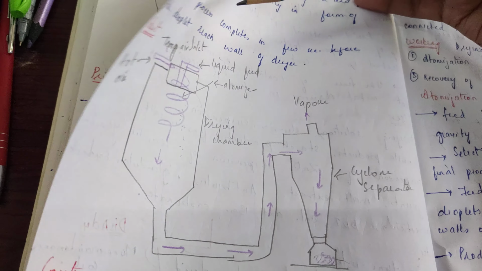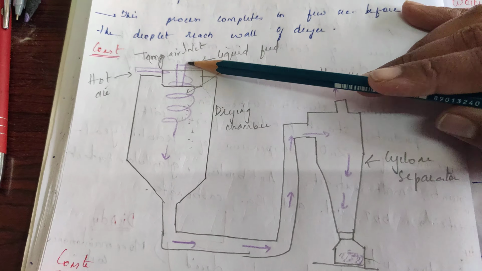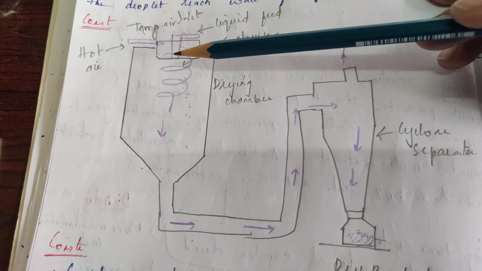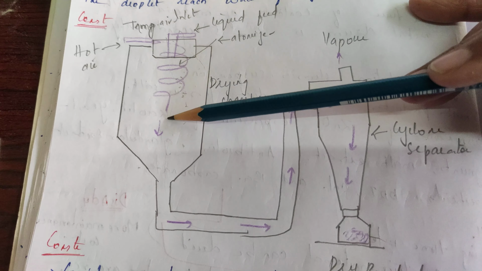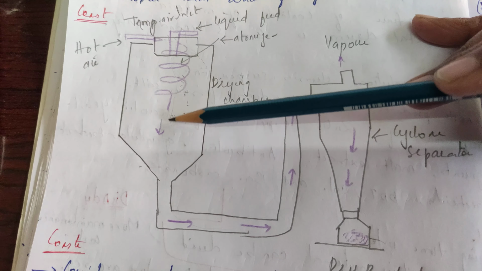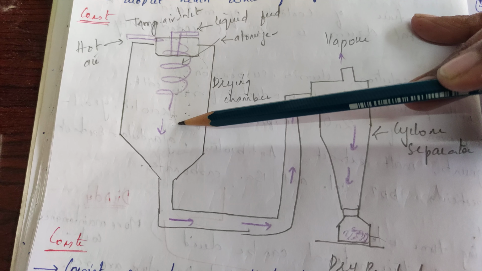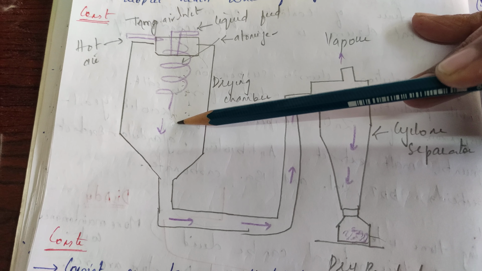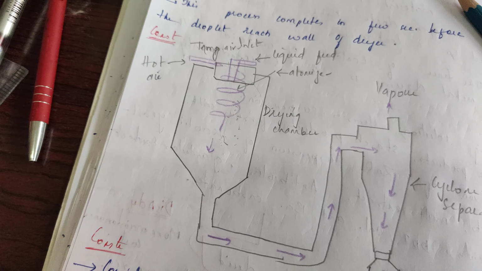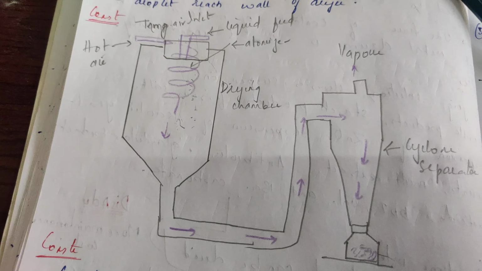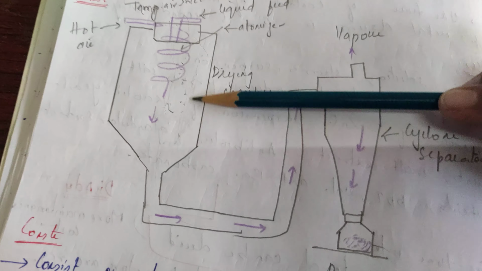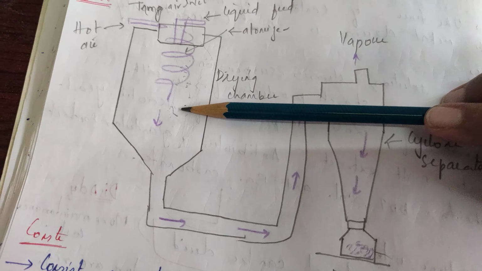Okay, it's a simple process, but here a lot of inlets and outlets are present. So the fluid to be dried is atomized into fine droplets, which are thrown radially into the moving stream of hot air. Means hot air is also allowed to pass, and it comes in contact with the droplets. The temperature of the droplet is immediately increased because it is in contact with the hot air, and the fine droplet will be dried completely, almost instantly. This process completes in a few seconds, and the droplet reaches the wall of the dryer. Here the complete drying of the particle takes place in this chamber.